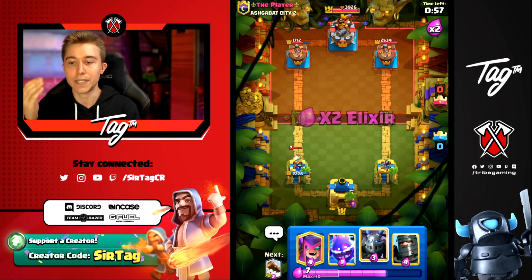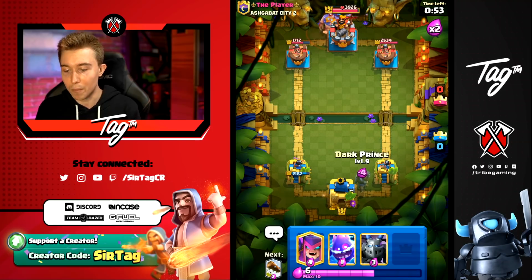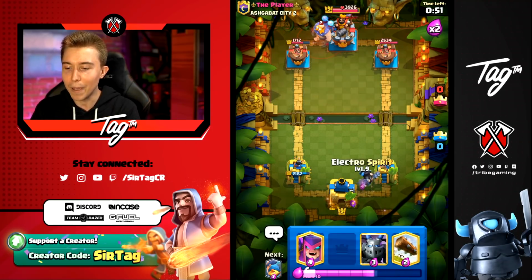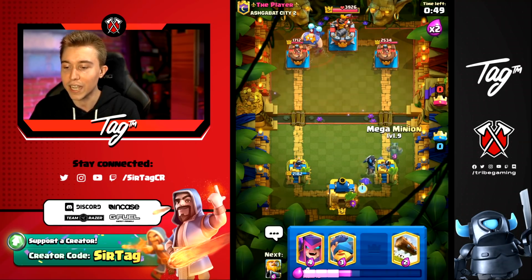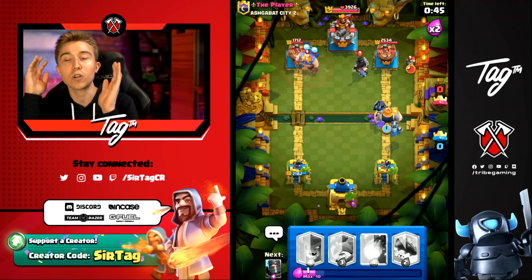The way I want to play this is I want to, most of the time, not go in the same lane as Mr. Electro Giant Boy. So I'm going to Dark Prince on the other side. I want to get back to another Royale Giant. Because of our super fast card cycle, we are able to do so. So I'm going to Mega Minion, I'm going to Dark Prince, I'm an Electro Spirit, and we're trying to rely